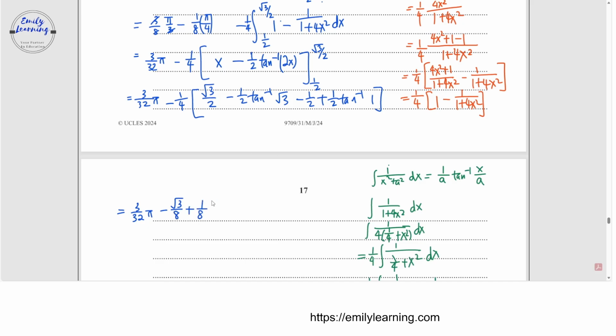Tangent inverse root 3 is pi over 3. Tangent inverse 1 is pi over 4. Okay, so let's evaluate all these with